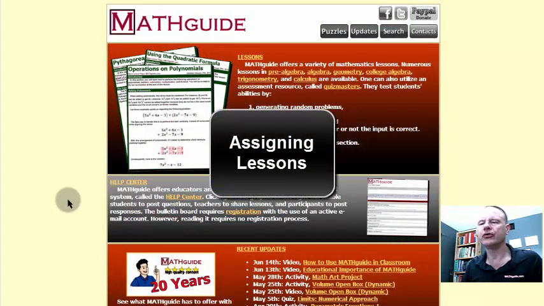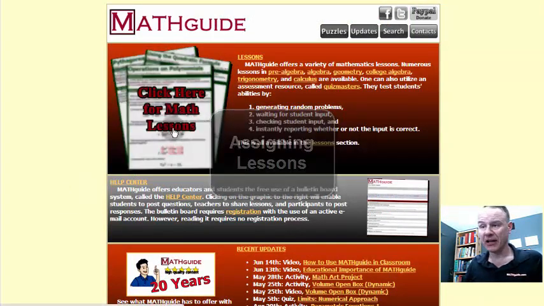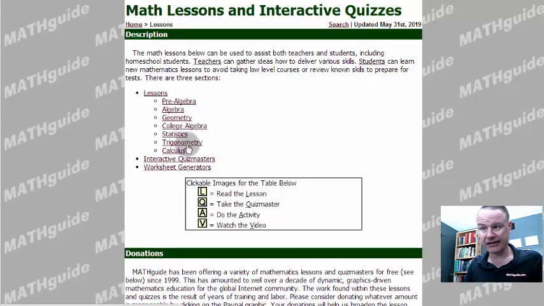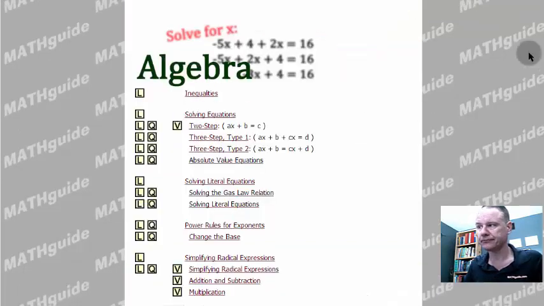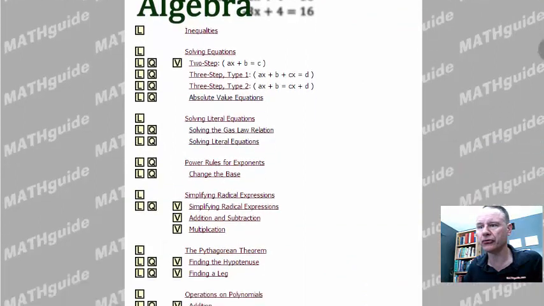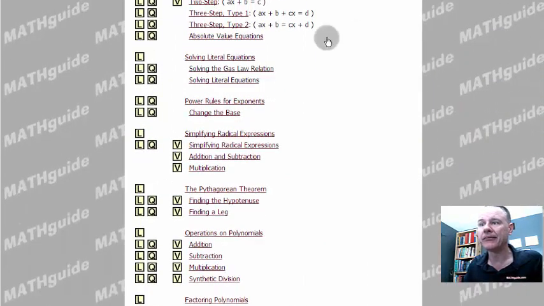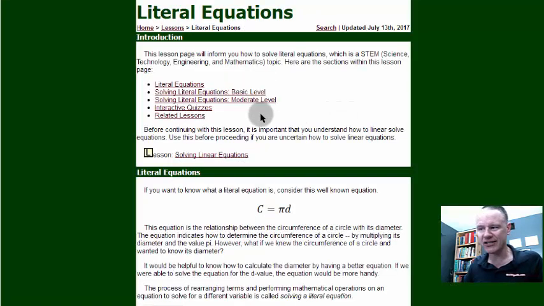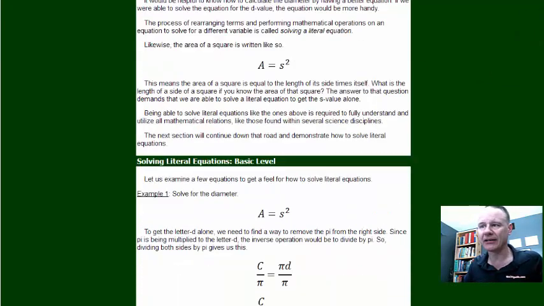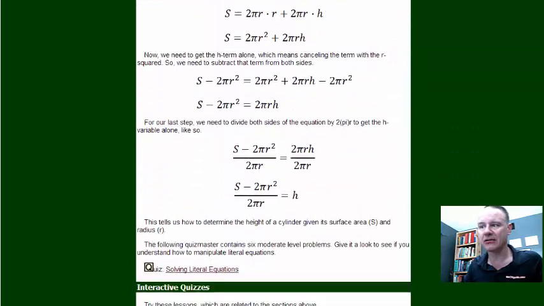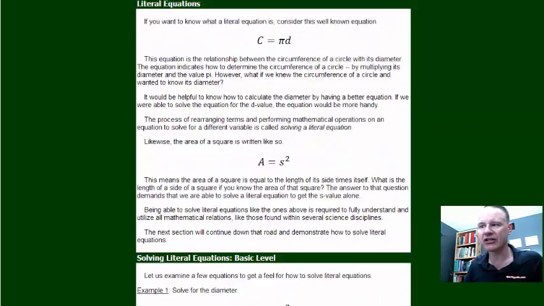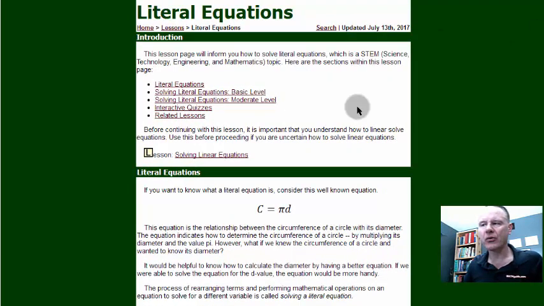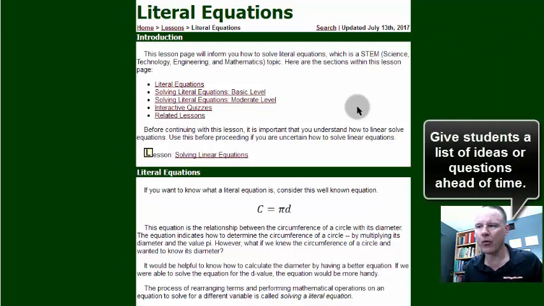Another way to launch into a new topic is to use the lessons. If you click on the lesson section, again, let's say you're in algebra, and you want students to solve literal equations. So you'd click on the L for literal equations. You, of course, would send your students to this website. They would read it, and you can see that this lesson has a few sections, not that many. And what you would do is come up with a list of ideas that they would be searching for,